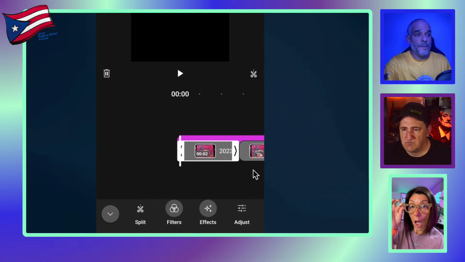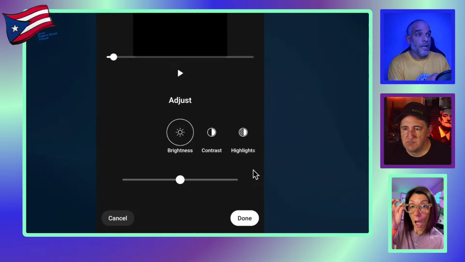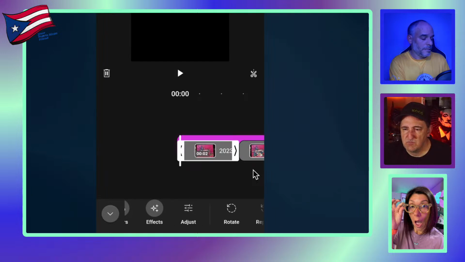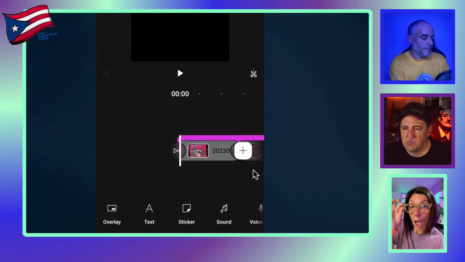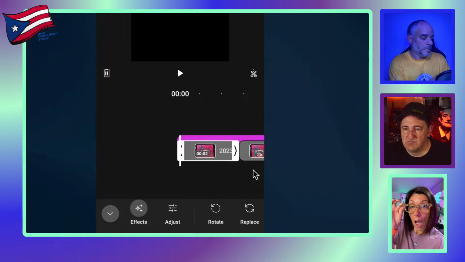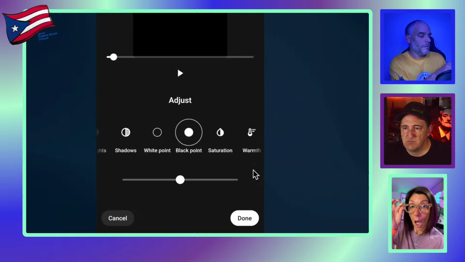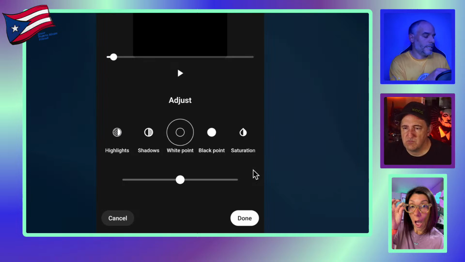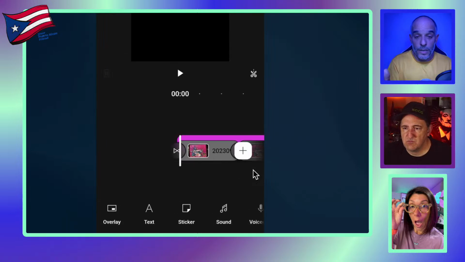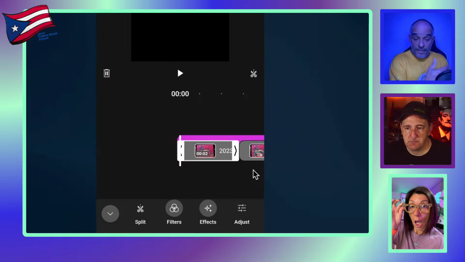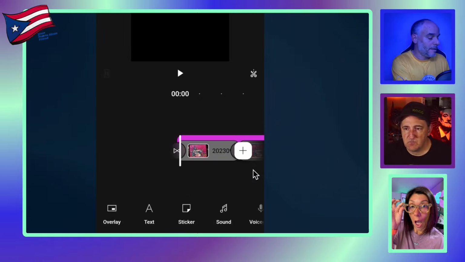Sometimes you get some background noise and you have to adjust the audio. Where's my adjust? That must be still. Oh, there's no audio in here. That's why. If you have audio in it, it helps you. It'll show right there when I press on it. Let me try to find one and then we'll wrap it up there.